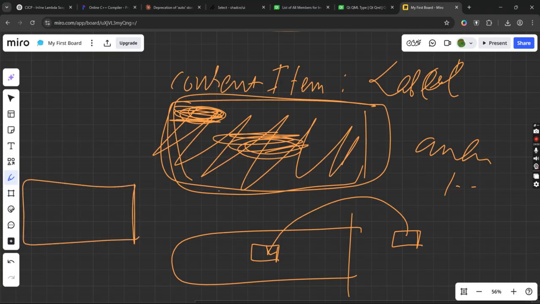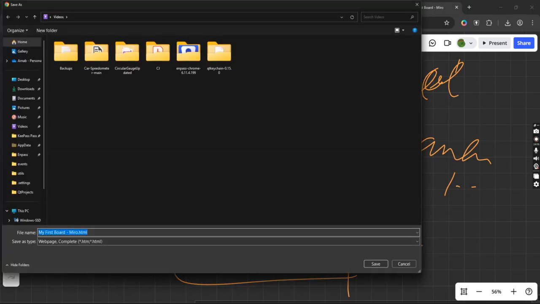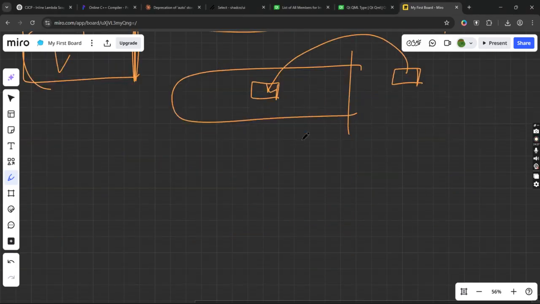But when the content item is also full and the label is also full, how can it be in the center, right? It will obviously take the full width and height, and the text will start from here. So then you use the vertical alignment property. I hope you got my point. Yeah. Anyway,